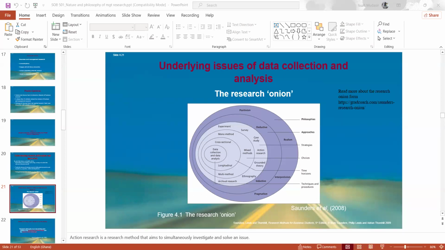And the next is the time horizon. Is your research having one time horizon, or is it having multiple time horizons? If it is having multiple time horizons, will the time horizon also cut across different people? So in that case, we call it longitudinal data. Then we have data that only takes into consideration one point in time. So say only 2020. In which case, if you are collecting the data from different people, we call that cross-sectional data.